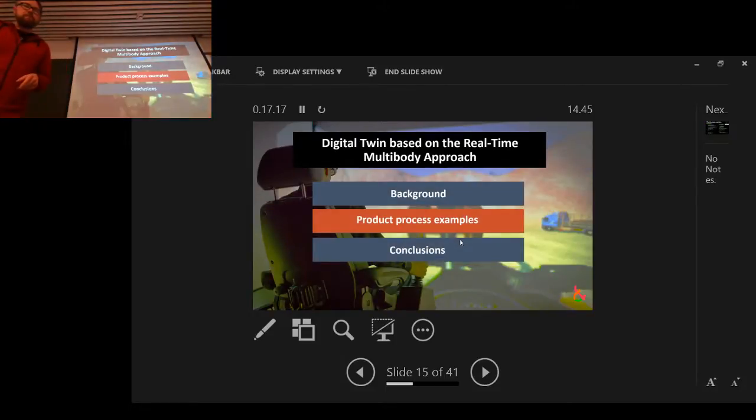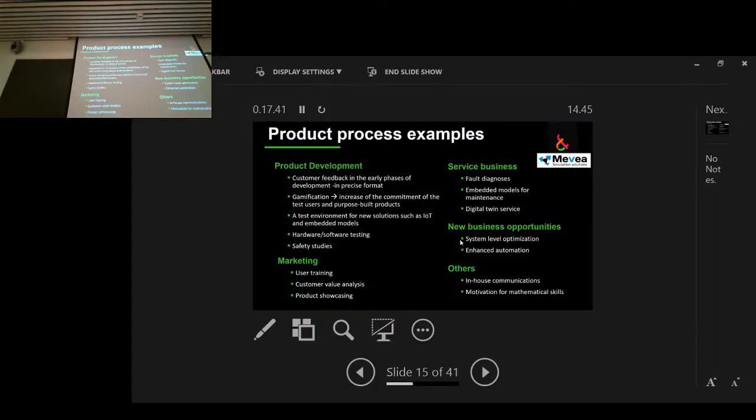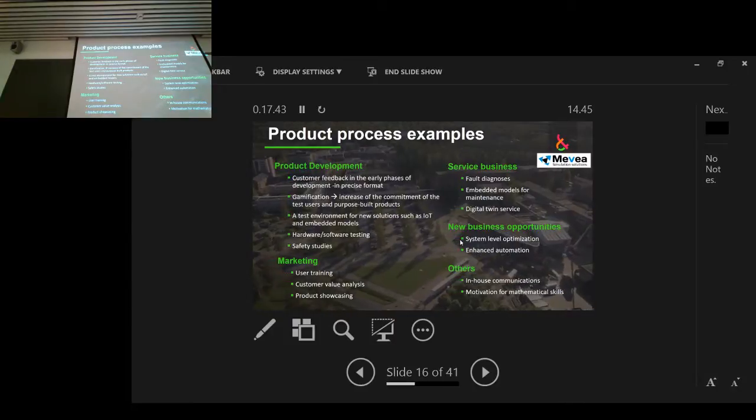Okay, so let's go to product processes, as half of the time is covered. But I was just explaining the background. But that's your fault because you asked the question. Okay, any other questions? Confused? No? Clear? Good. Then product processes.